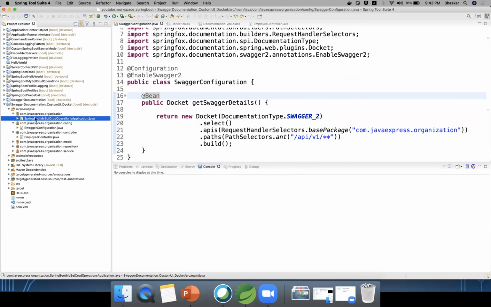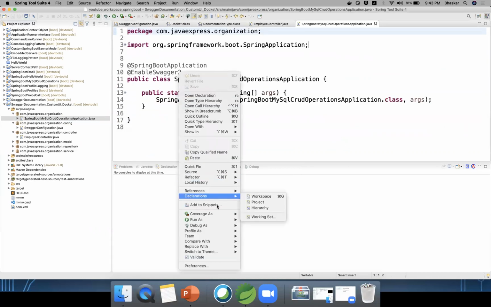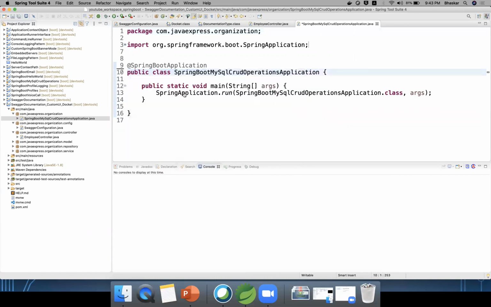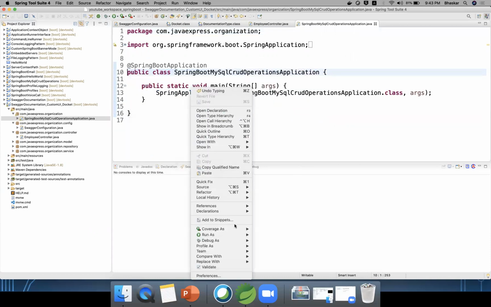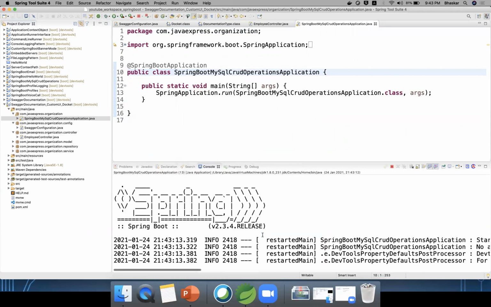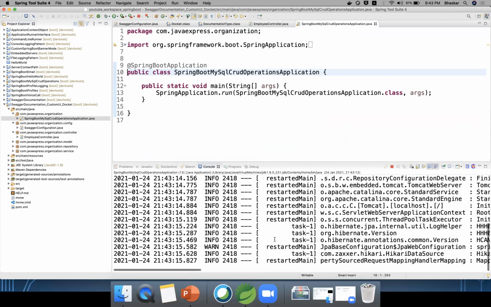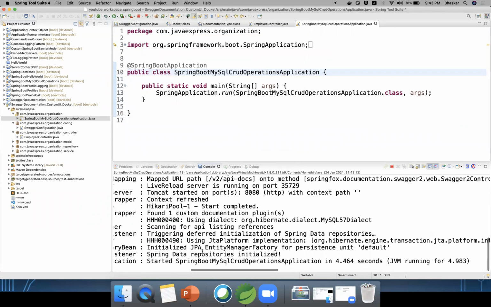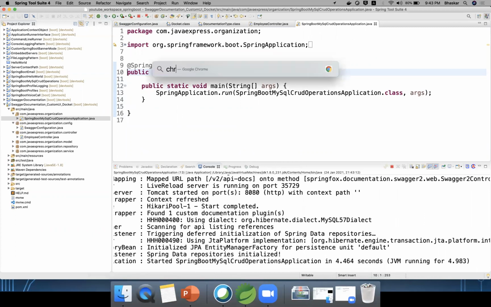Now go there and run your application. This annotation is not required here, because we already enabled it in the configuration class. Right click, run as Java application. Now we'll see where our project is. It is running on port number 8080, so let me open the Chrome browser.